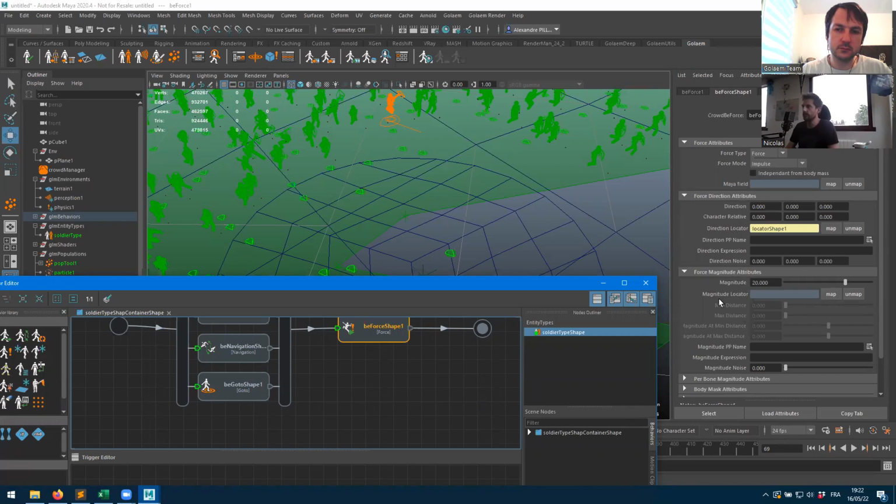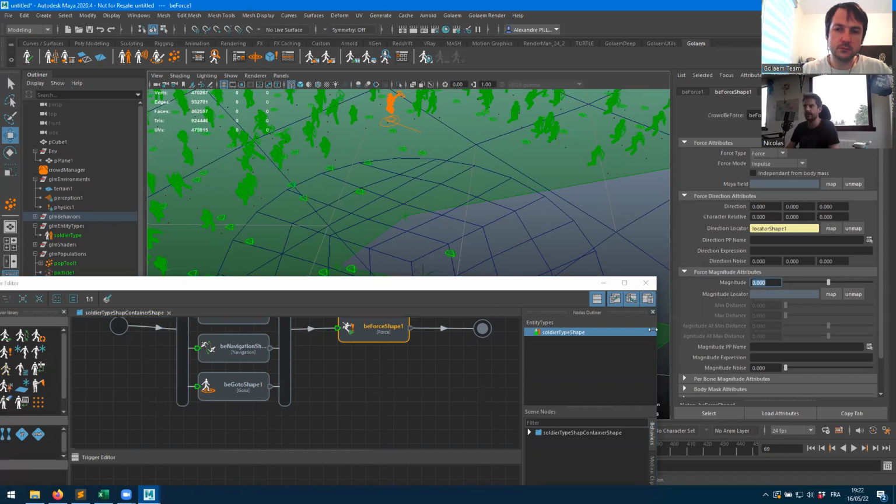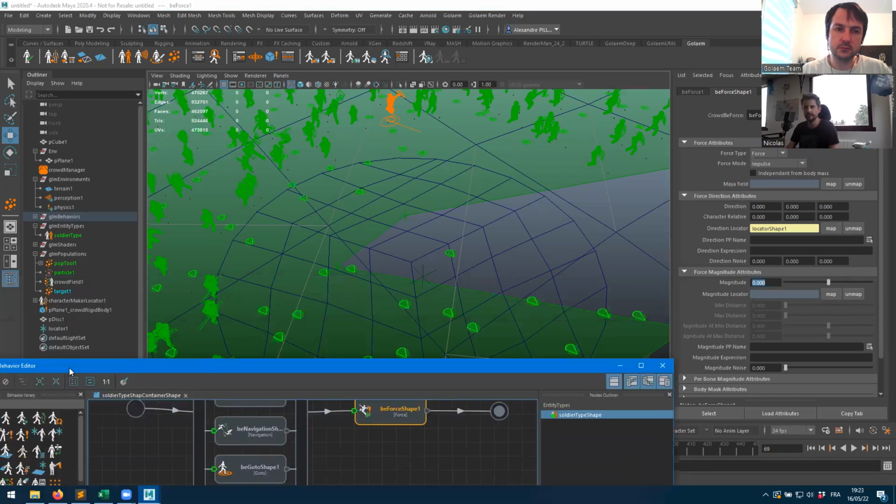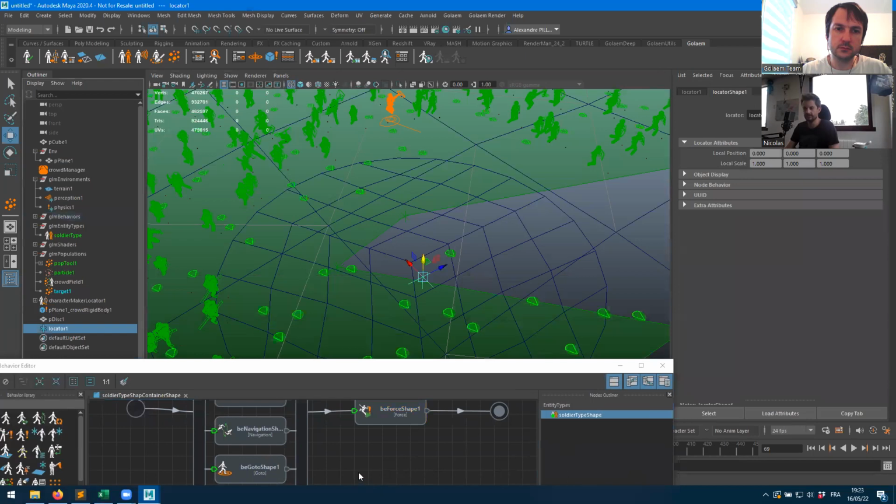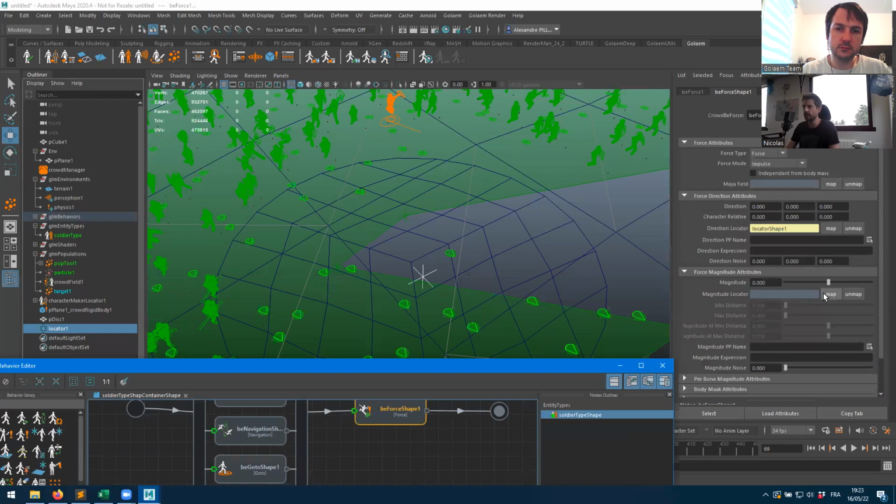So if we check the force magnitude attribute, here we've been specifying a value of 20 for every single character. So this is why they're all reacting the same way. So we can put this back to 0. And instead, we're going to use the magnitude locator to say, okay, if you're close to the locator, so let's take a distance into account, you'll have some specific magnitude. And if you're far from the locator, you have another specific magnitude. So let's once again select my locator. Let's press Shift once again, select the force behavior, and connect the same locator into the magnitude locator